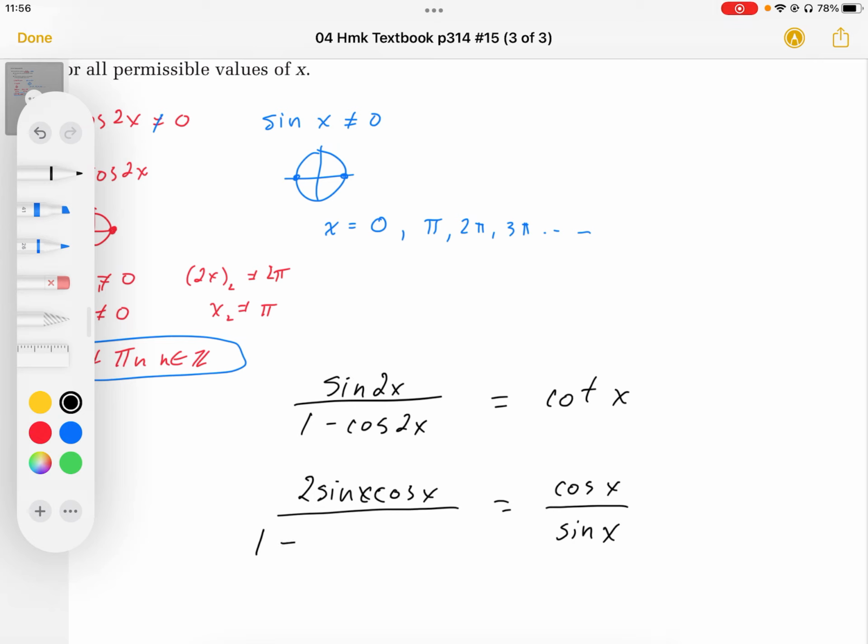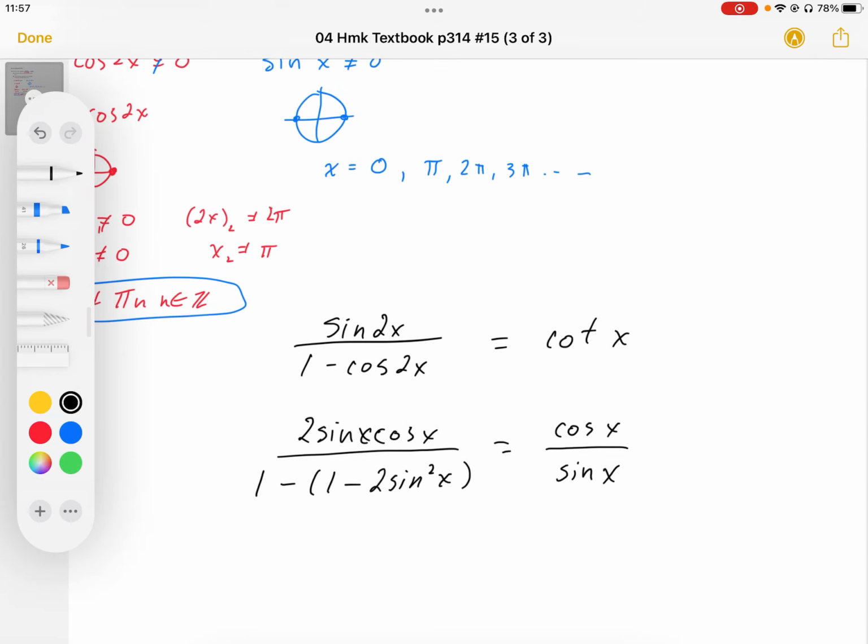For the cos 2x, we need an identity that gets rid of the 1. So to do that, we're going to use 1 minus 2 sine squared x. There are three options here, but we need to get rid of that 1 by subtracting the identity. That's why I chose 1 minus 2 sine squared x, because that one will cancel the ones out, and this will allow me to simplify. So I end up with 2 sine x cosine x over, the ones cancel out,